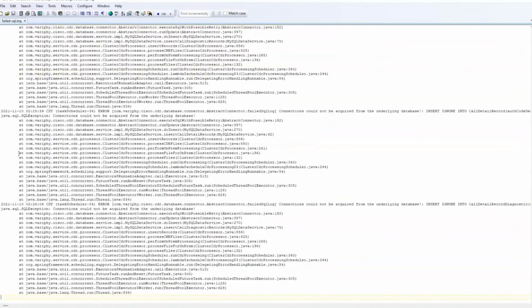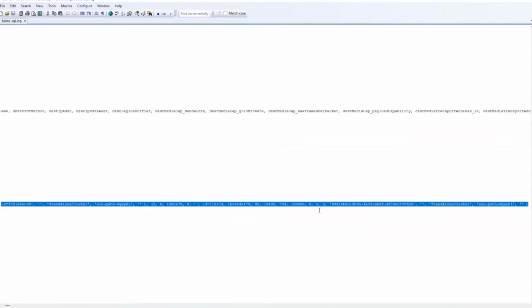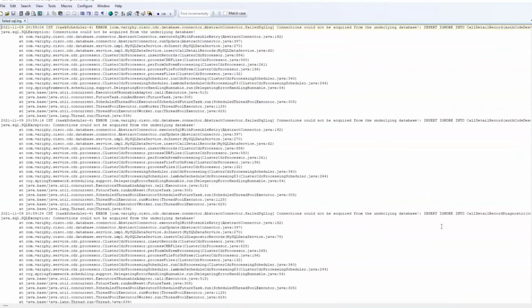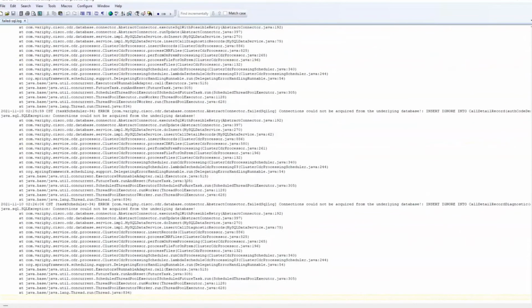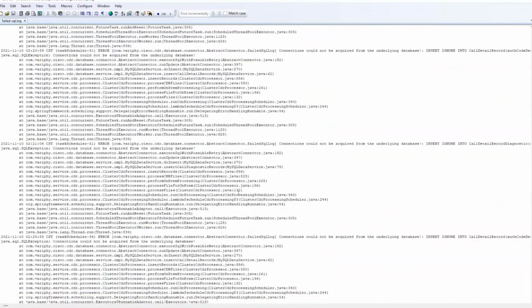Going to the bottom, this is from almost a year ago. We can see it looks like the connection was dropped. You can see the SQL query that it was trying to run, and this was just where it was inserting data. So in the failed SQL log, you're guaranteed to see some errors if there's anything in the log. You can troubleshoot the data and see why it was failing or what's going on. It could be, like I said, a truncation error or a database connection issue.